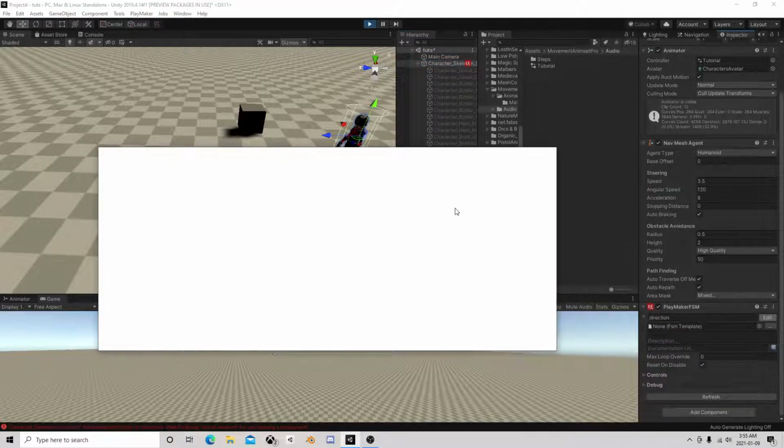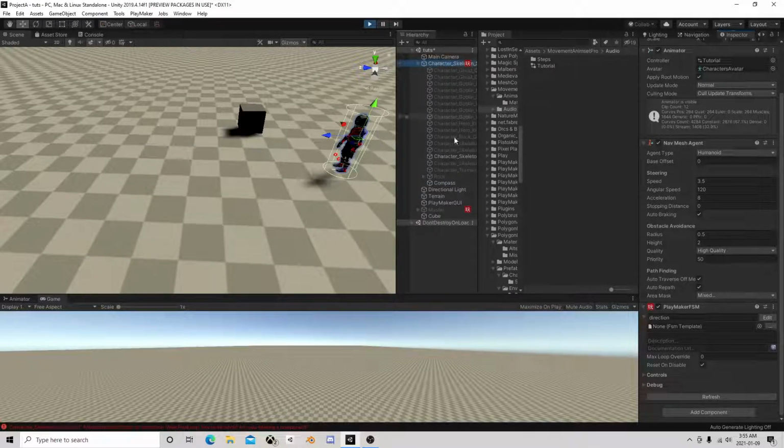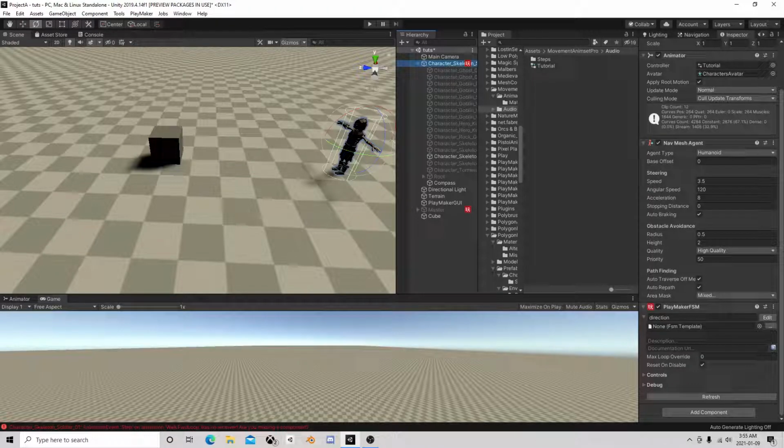Is that compass looking? Compass is looking at target. Oh yeah, he doesn't have a steering target right now. But if I was to spin that compass, he's going to start moving. So next,